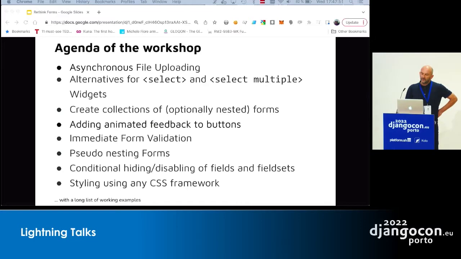My workshop is based on that tutorial, and I will show how to implement asynchronous file uploading and select fields with lazy lookups, but without having to specify extra endpoints. Create collections of forms, nest collections into each other, create expandable lists of form collections, adding animation and actions to the form buttons, client-side form validation without writing JavaScript, hiding form fields and field sets depending on the current context,